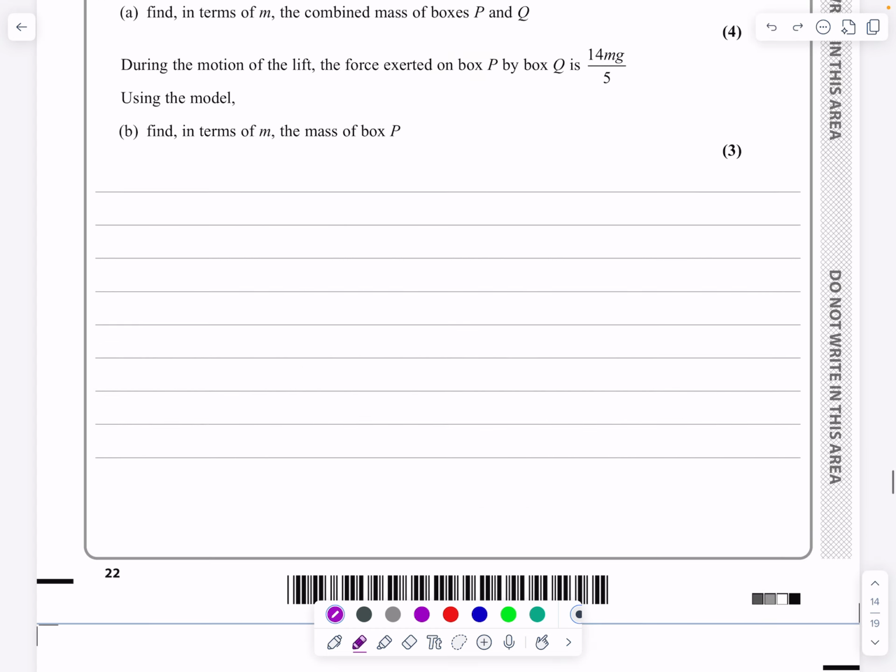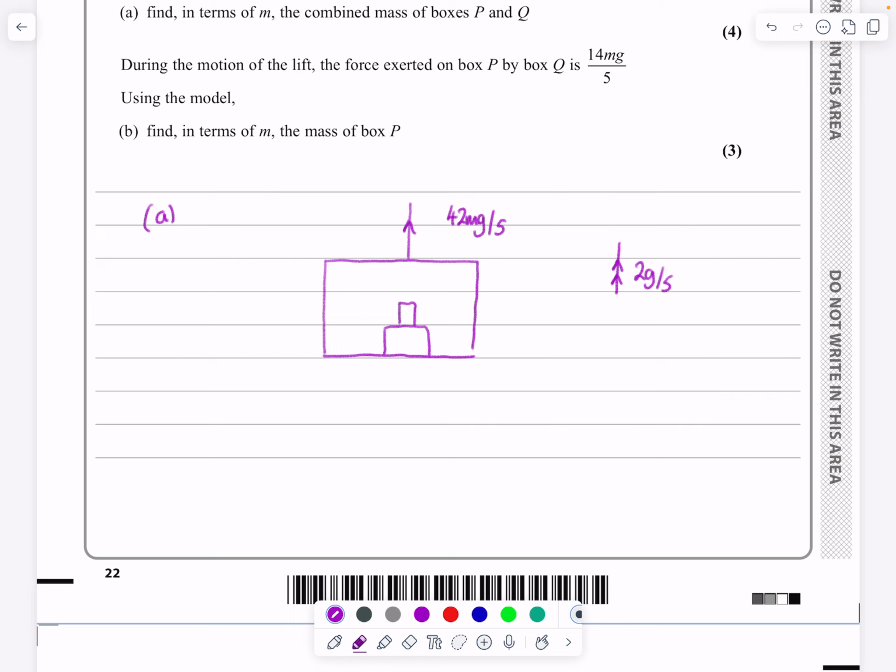What I'm going to do for part A is draw out my diagram. So I've got my lift here. Inside my lift, I've got this box and then another box on top of it. I've got a tension in the cable, and I know what that tension is. So because I know that, normally I put T here, but I'll put that as 42mg/5. I know this whole thing is accelerating up with